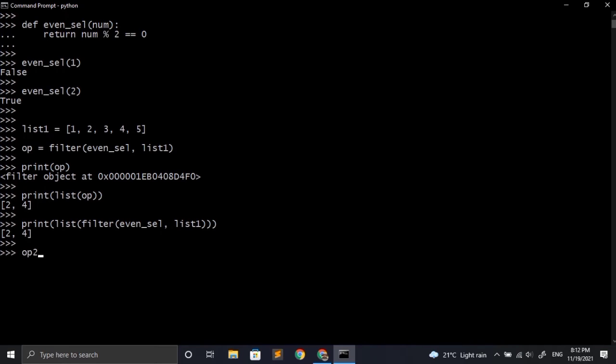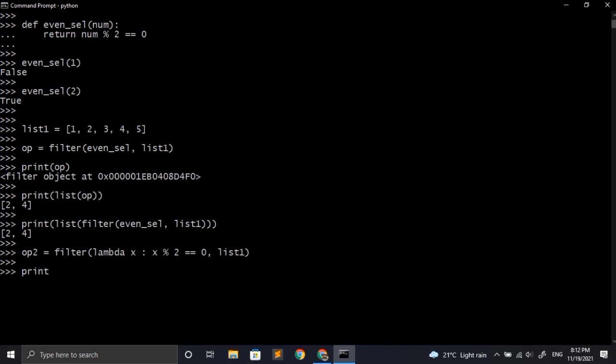We can directly use a lambda function here if we don't want to make a full function. So first of all we have to write the filter, and after that we have to write the lambda. We know how to make lambdas, we have seen it in the previous video. After that we have to provide the arguments that it is going to accept, and after a colon we have to write the condition. So here condition will remain the same, which is x modulo 2 compared to 0. For comparing we have to use double equal to, which is also known as the equality operator, and it will check the equality on both the sides. After that we just have to provide our iterable, which is list1 in this case.